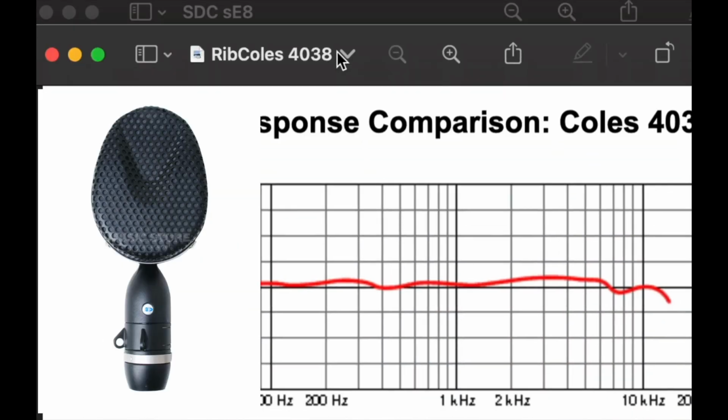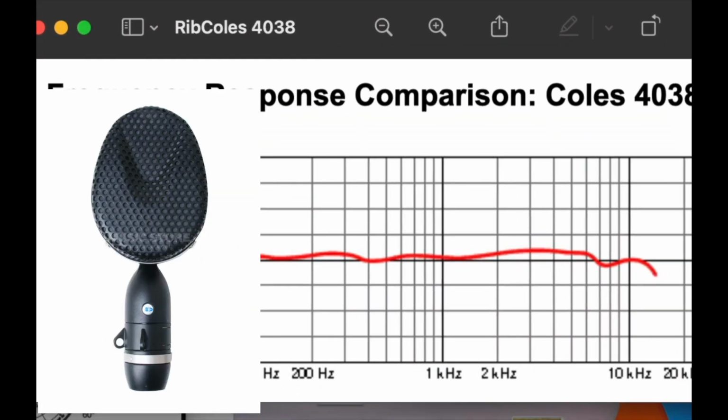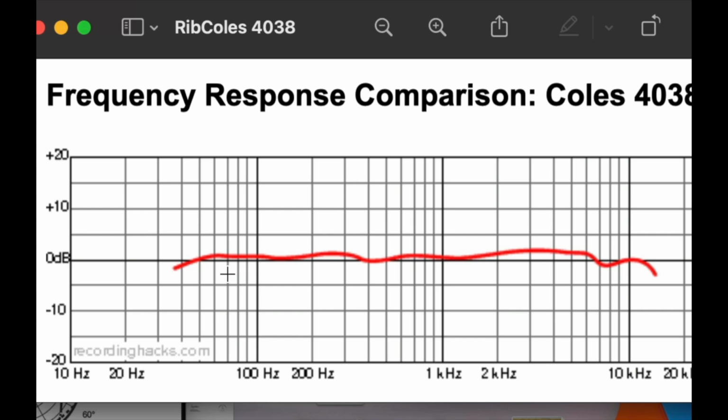Even more so, let's look at this ribbon mic. This is the Coles 4038. And you can see it's not exactly ruler flat, and the frequency response goes, well, it seems to drop off before it gets to 20. But these mics are known for having a very good low end. Lifts up a little bit at 80, 50 hertz, and then back down to 0 at above 200, a lift again,